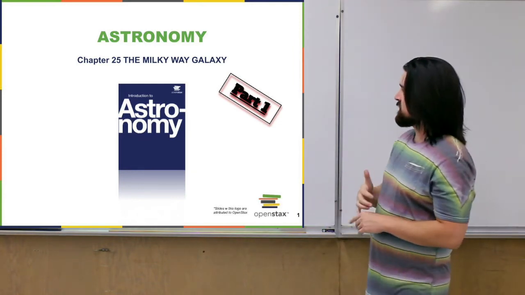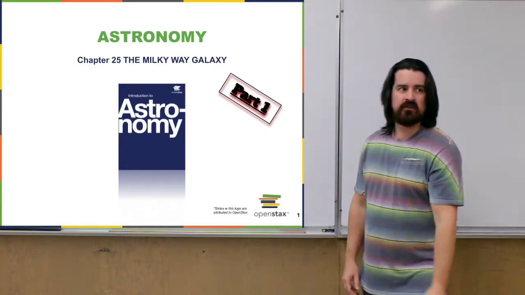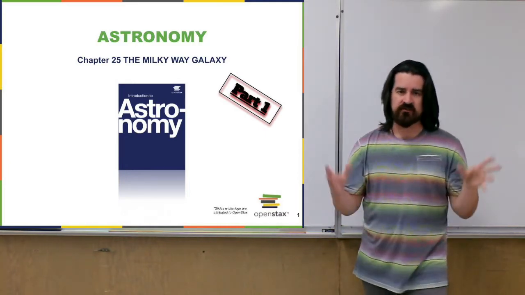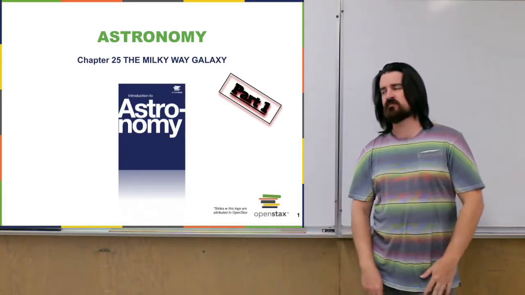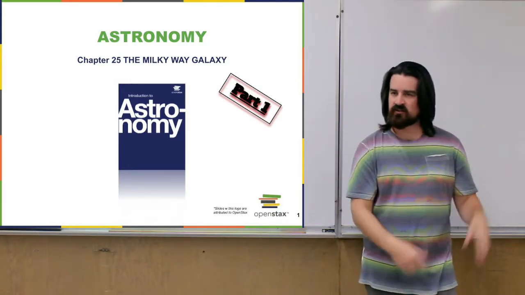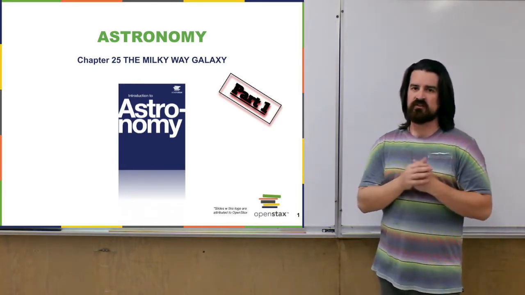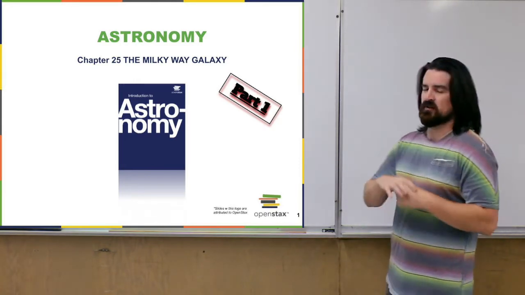Okay, here we are, starting part 3 of this course. First part, we sort of focused on the solar system, our solar system. Second part, thinking about stars in general, their lifetimes, how they end their lives. The last part of the course, we're going to go sort of big scale and start thinking about our galaxy